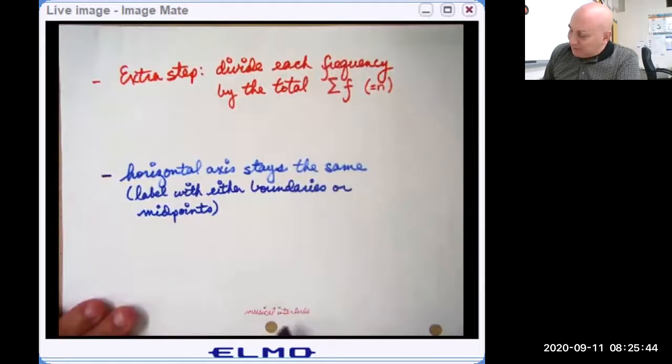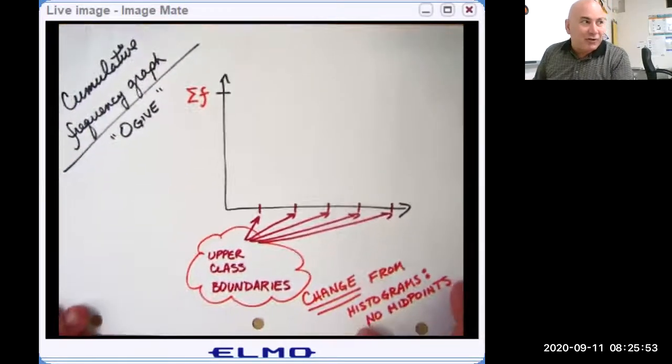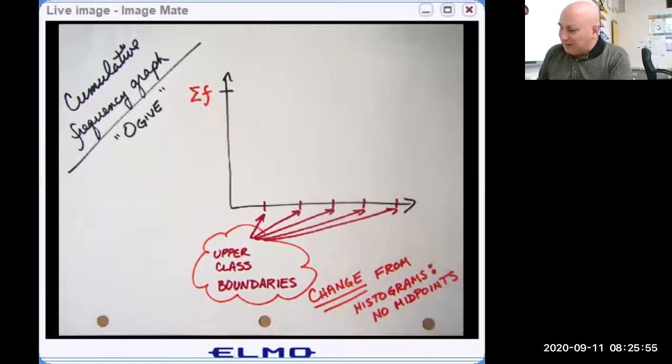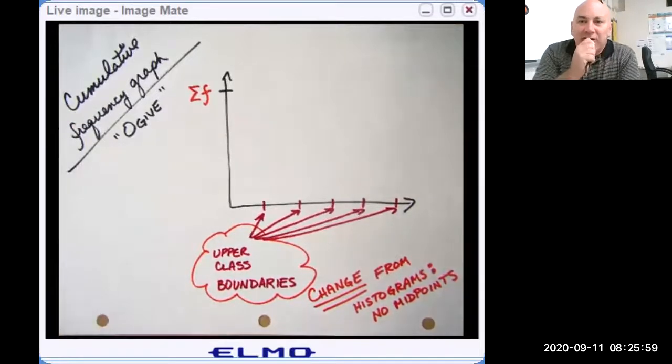In class, right now, we would have a musical interlude before we go to our last graph in this section, the ogive. An ogive is a cumulative frequency graph. So we just talked about how we would graph a relative frequency. Think for a moment what cumulative frequency is. At the end of each interval,